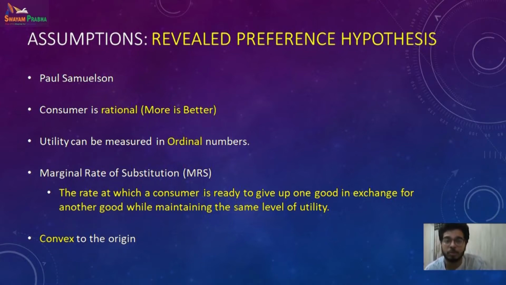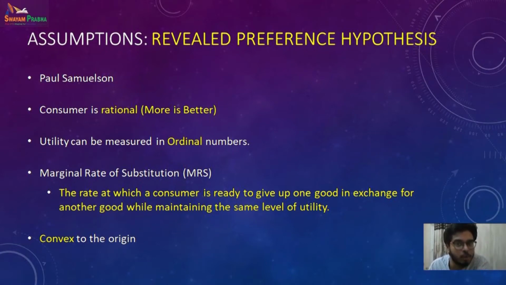Similarly, they also say that utility can be ordered, because whenever they get more of something, they reach a higher satisfaction level. The satisfaction level is higher or lower, so I am ordering it. Utility can be explained as higher, lower, further lower. So it is ordinal. We are not going to measure that utility equals 6, utility equals 4, or that utility decreased by this many units. So in revealed preference theory, we try to understand utility on an ordinal approach.